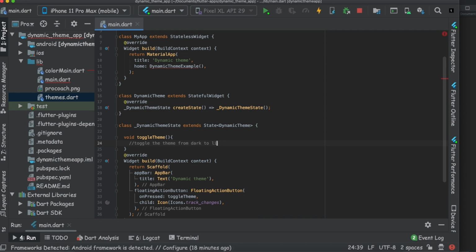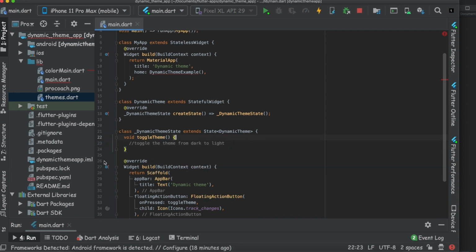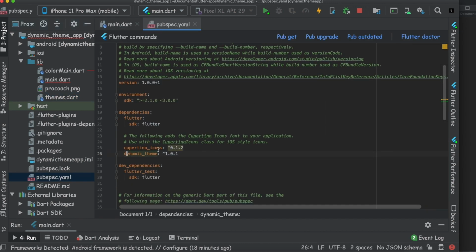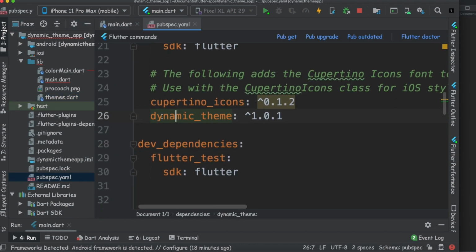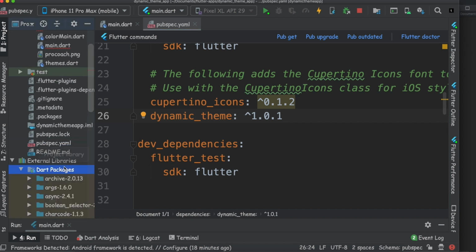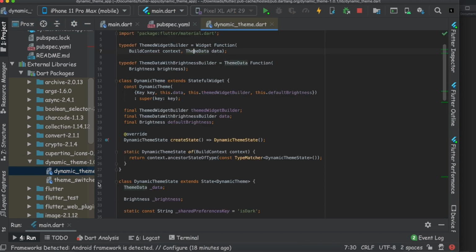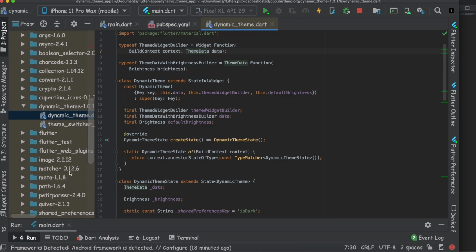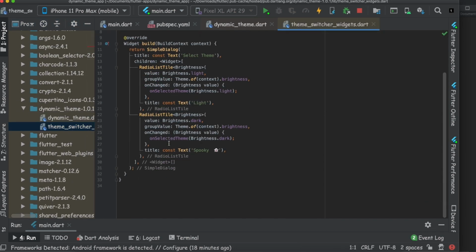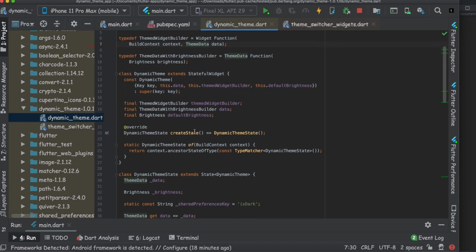Okay, so we have our structure ready. Let me show you which package we are using. We are using the dynamic theme package. It gives us the capability of changing themes on the fly. If you go inside the package, you will see there are only two files which are actually working on the fly to change the whole theme of the application.